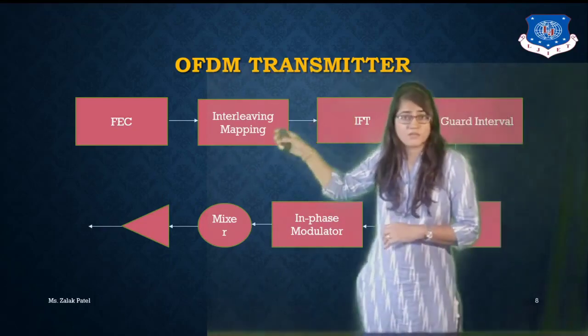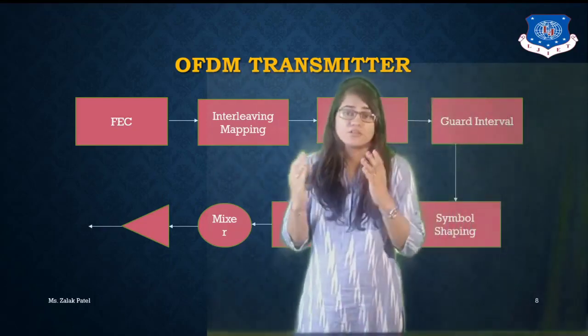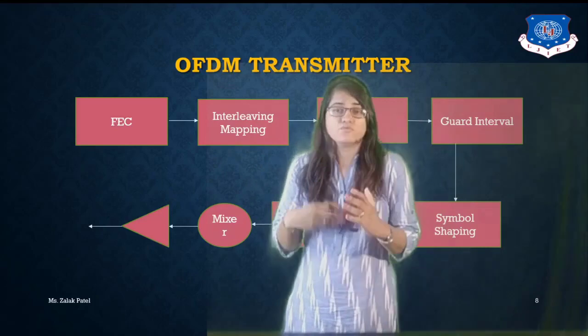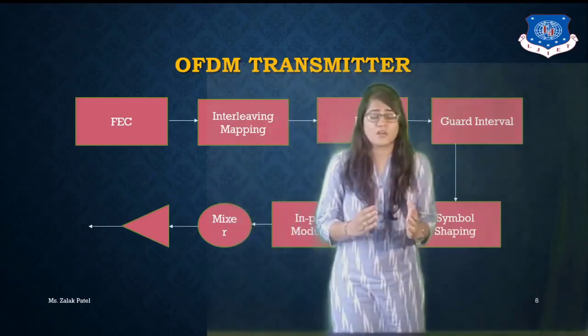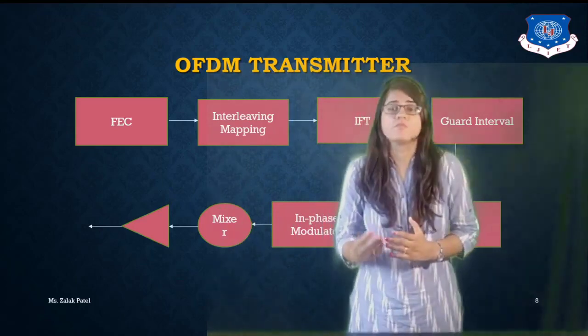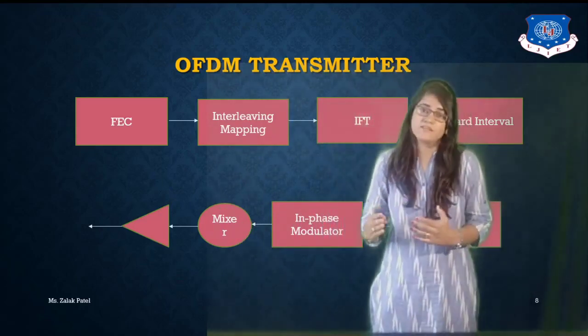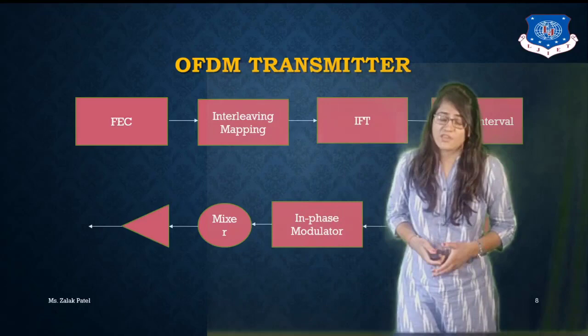First the forward error corrector block, then you have to convert the random errors into the burst format. After that, you have to format that in a particular set. For that, you have to do the inverse Fourier transformation of the signal, and you can add a guard interval in between them.